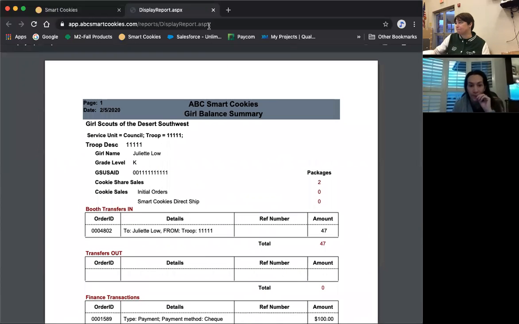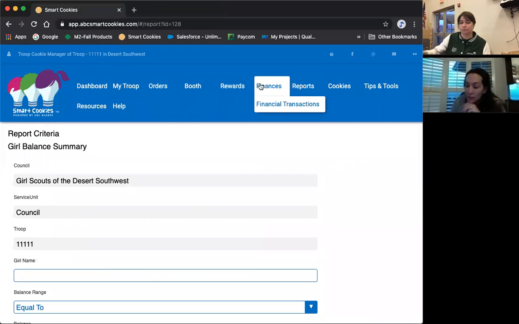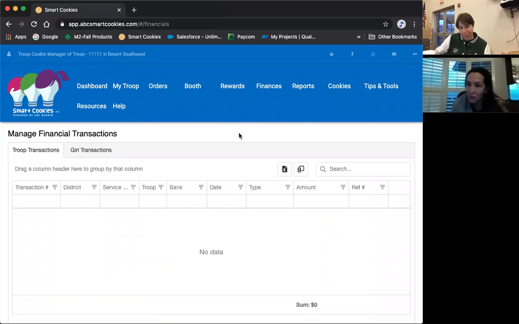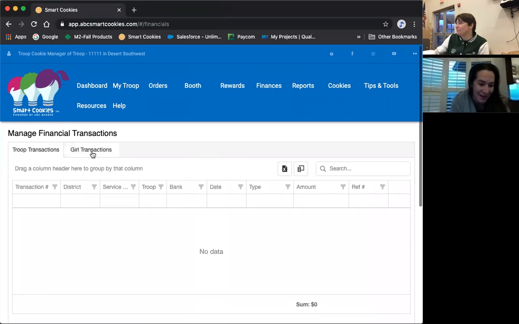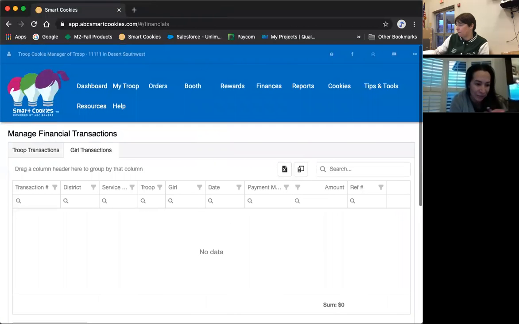Any questions? Okay, so when we start doing the cookies, how do I go onto this system, or can I access this through the Girl Scout page? This is a separate system entirely. It's called ABC Smart Cookies. What's your troop number? One second, I'll get it for you. Because we're just starting. So ours is